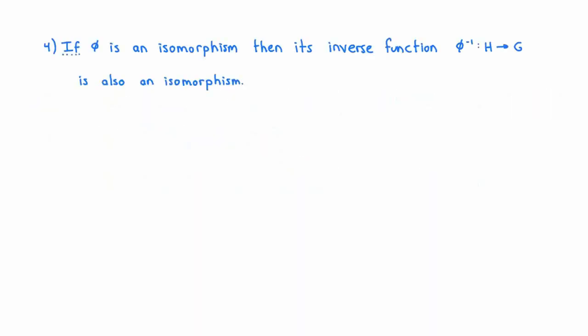The final property that I want to mention in this video is that if your homomorphism phi from G to H happens to be an isomorphism, then its inverse function, phi inverse from H to G, which we know is well defined since phi is bijective, is also an isomorphism. Now, in order to prove this, first of all, let's observe that anytime you have a bijective function phi from G to H, the inverse function is always going to be a bijection from H to G. So that means that we can just focus on showing that the inverse function is a homomorphism. Since it's already bijective, once we establish that it's a homomorphism, that's going to imply right away that it's an